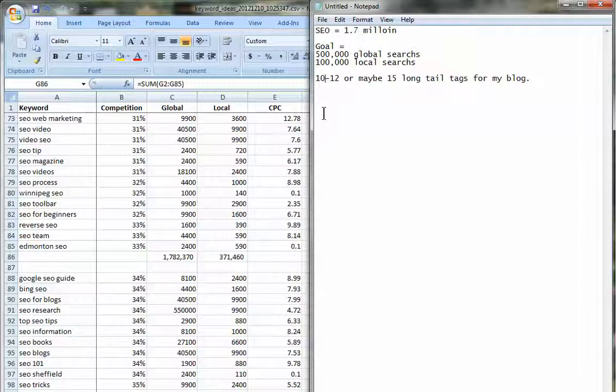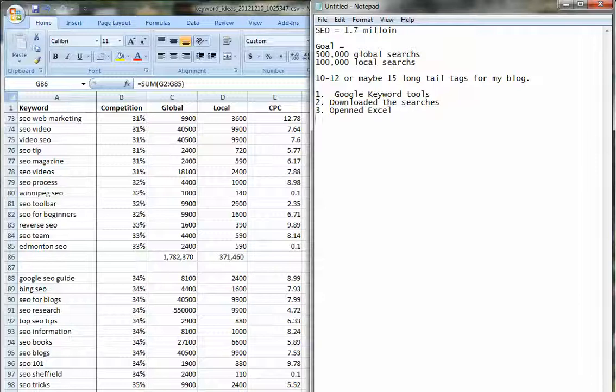So let's review for a minute. The first thing we did was go to Google keyword tools, and we looked up keyword phrases in relationship to one particular keyword. The second thing we did was download the searches. Then number 3, we opened Excel.